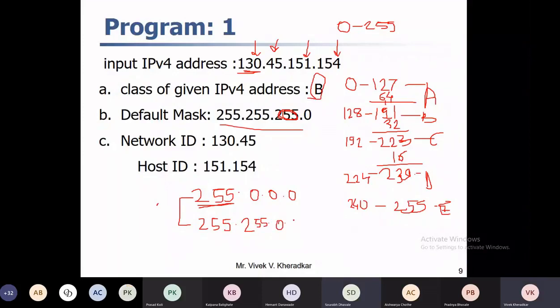Good. And what is the default mask of class C? 255.255.255.0 is the default mask of class C. And what about the default mask of class D and E?